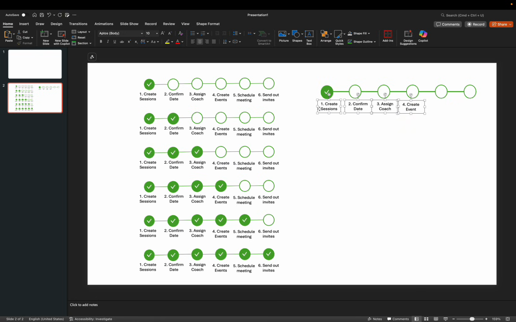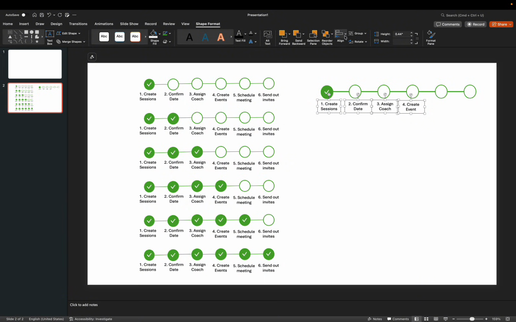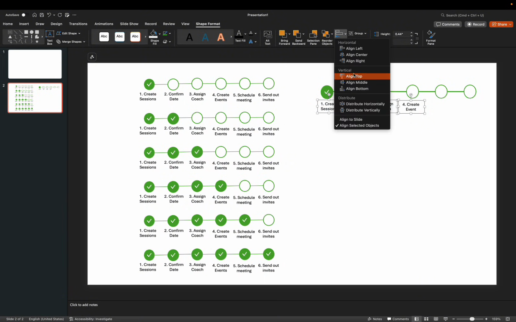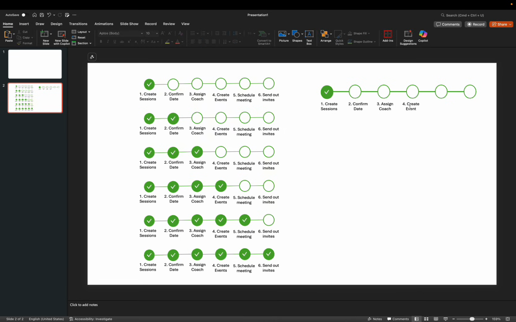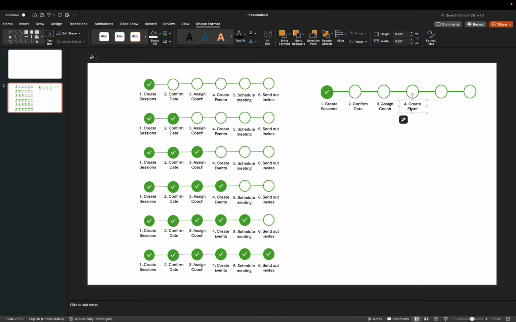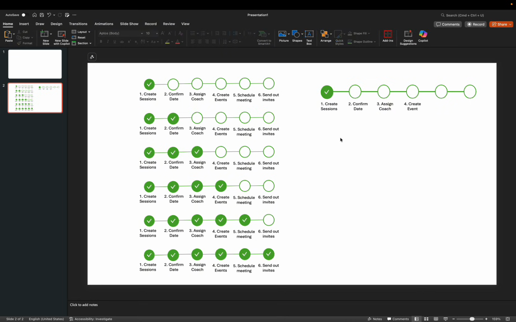Select all of them, and then you want to align them. So you come here to align, and you see you want to align top. Good. This will make sure that they're all well aligned. Good. So now that you have this well aligned and well placed, all you do is when you